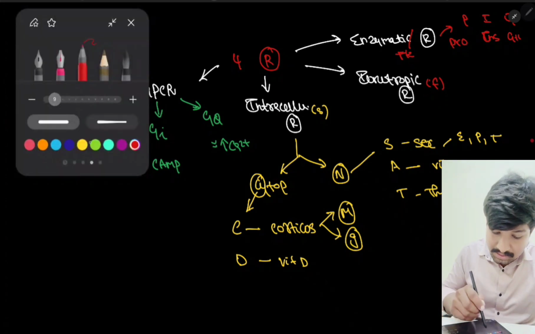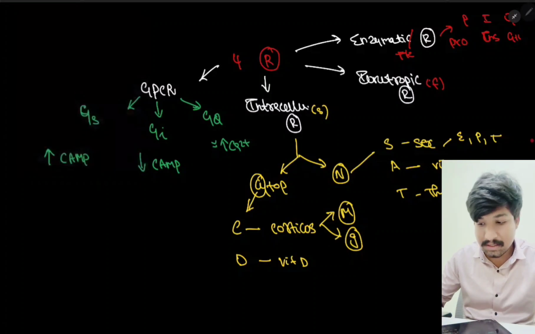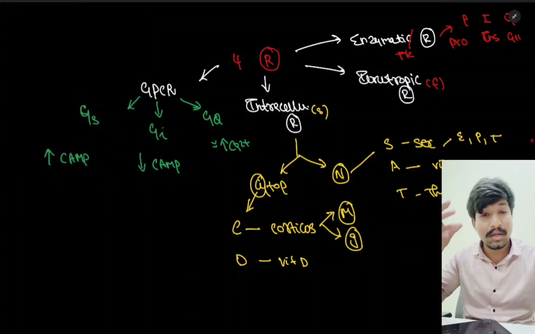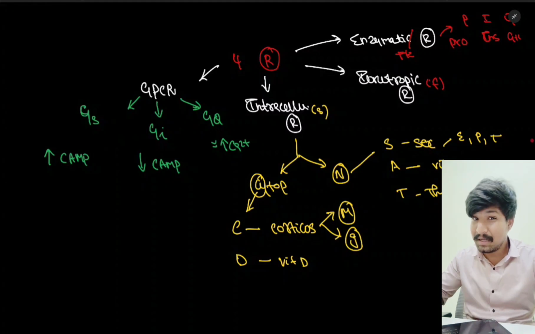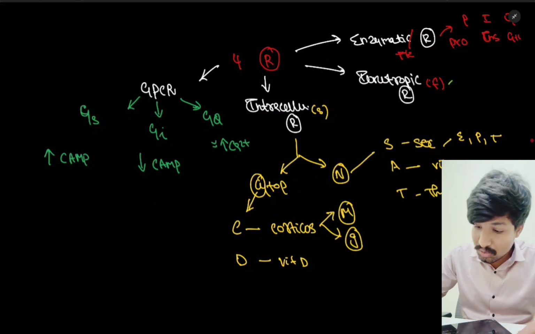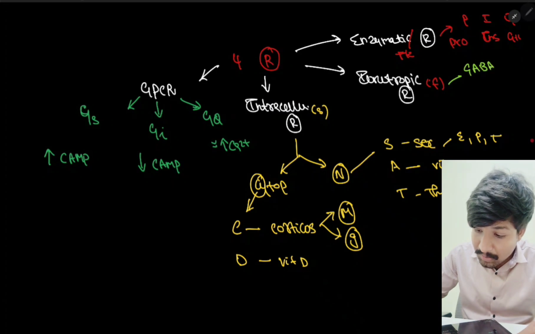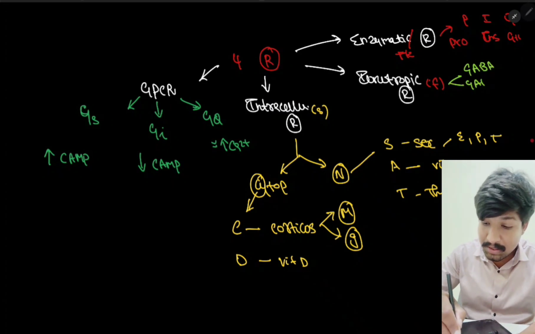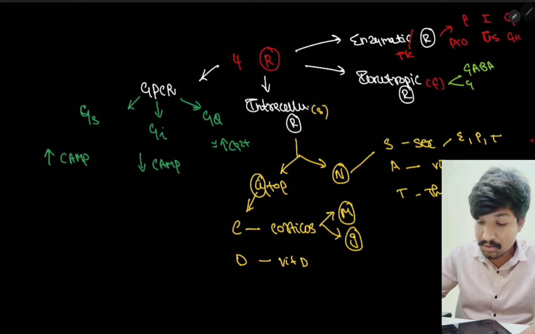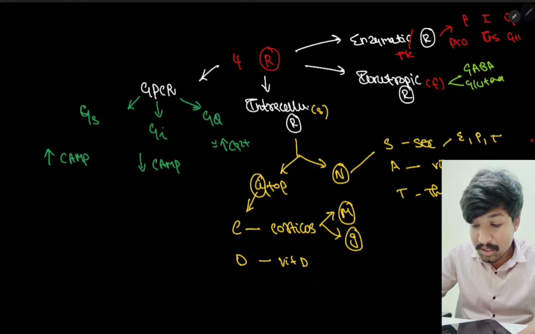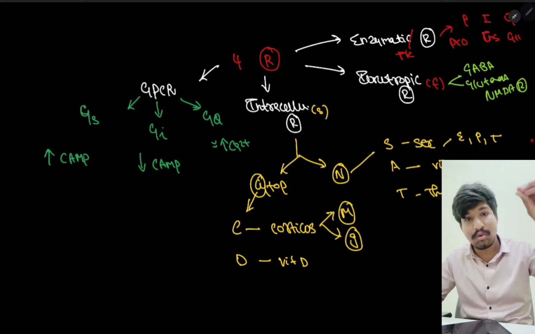And finally, we are left with only one, that is ionotropic receptors. Ionotropic receptors are the fastest receptors. Our brain should work fast. So in our central nervous system, we have the inhibitory neurotransmitter, that is GABA, and the stimulatory neurotransmitter, that is glutamate, right? So these GABA receptors and glutamate receptors come under ionotropic receptors. You know how glutamate receptors work. Glutamate receptor should be stimulated by something. The stimulation is nothing but the NMDA receptor. So the NMDA receptor stimulates the glutamate, and we will be having excitatory effects and all.